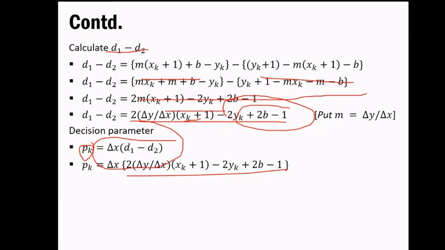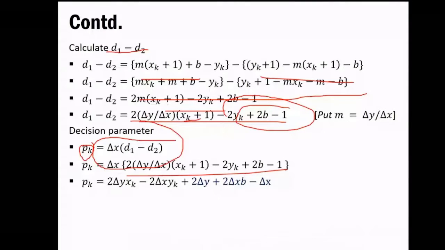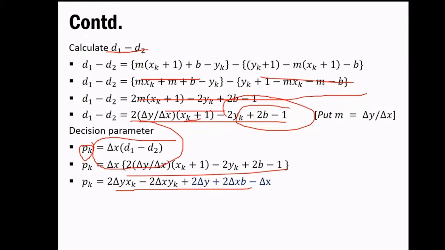We'll try to again simplify this. What it says is 2 delta f. Once you have simplified and substituted each and everything, you have to multiply each and everything with delta x. Then after simplification you'd be getting this term. So try to simplify this and achieve this. If you get this, then you can write yes or no in the comment box. Definitely you'll reach this stage because I have multiplied each and everything, and the thing that we get is this. Okay, so that is the value of pk.